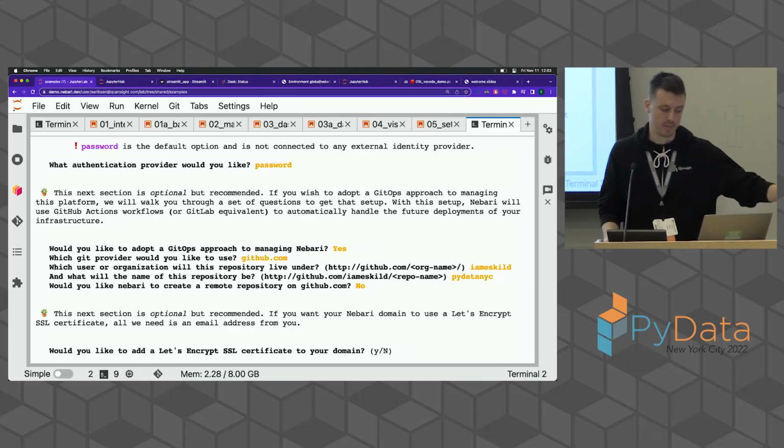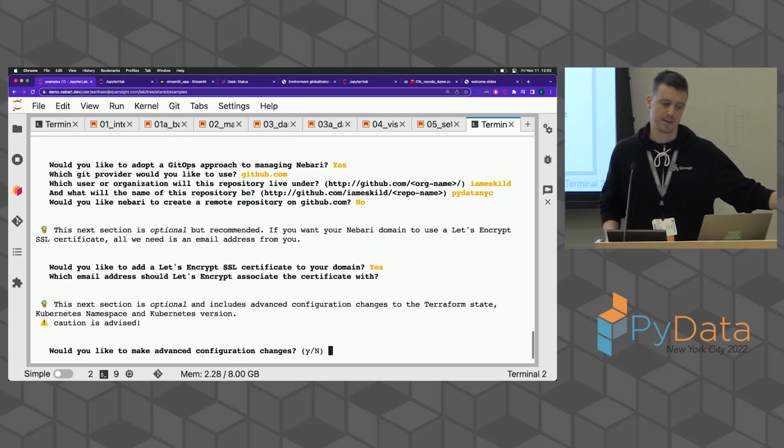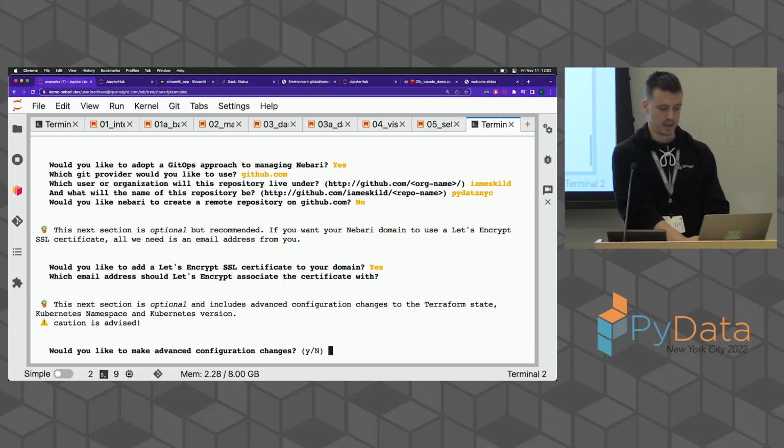Another option that is recommended is adding an SSL cert, and if you add an email address for the next question, we will automatically generate a Let's Encrypt cert that'll be applied to the whole platform, so you don't have to worry about that. It automatically renews in the background, so there's no SSL cert managing that needs to be done. So I'll select yes. Oh, shoot, I didn't have an email address. Anyways,